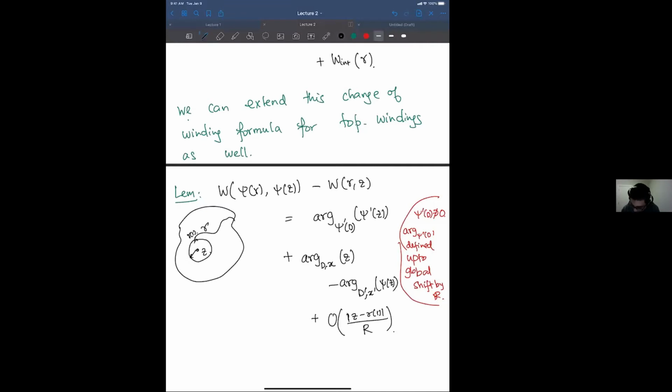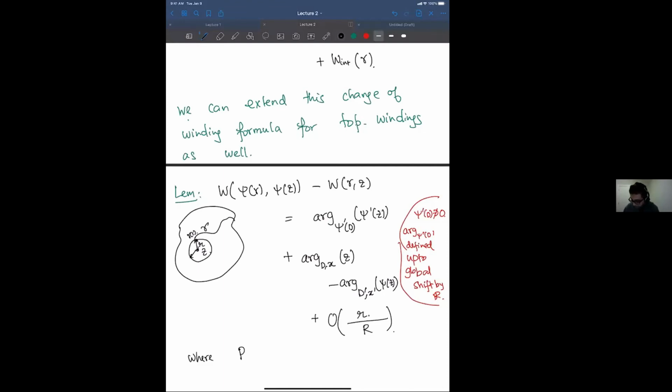Let's call this small r. Small r. Okay, it looks like gamma. So let's maybe call this small r. So the error is going to be of the order small r by capital R,